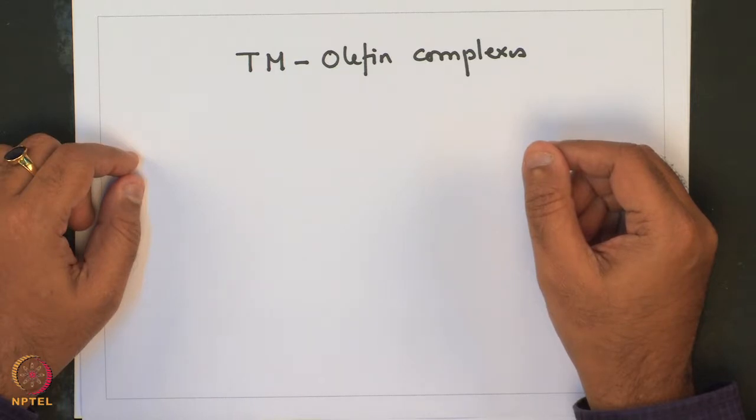In that perspective, we have looked into various synthetic procedures for synthesizing these complexes in the past lecture, particularly the reactions of transition metal halides with olefin in the presence of a reducing agent,